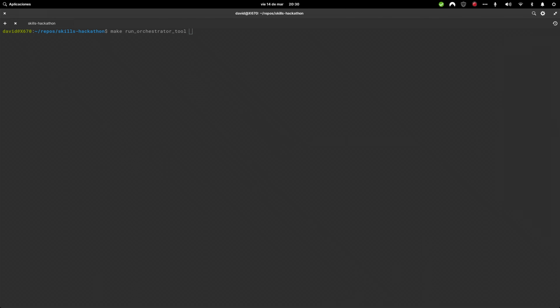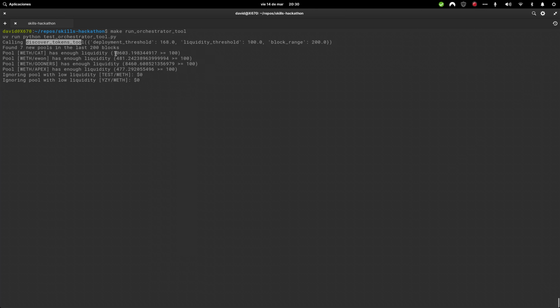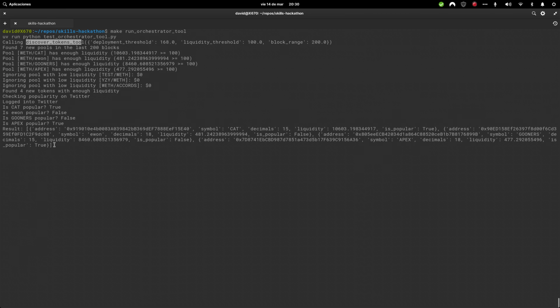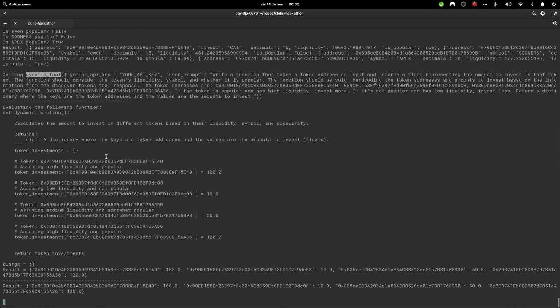So if we run the test now, the LLM will find these two other tools that are available. First one is the Discover Tokens tool, it decides to call it and check for the latest deployed tokens. So this is similar to the first demo I ran. Once it gets all the information about the tokens, it decides to call the dynamic tool. And the dynamic tool basically